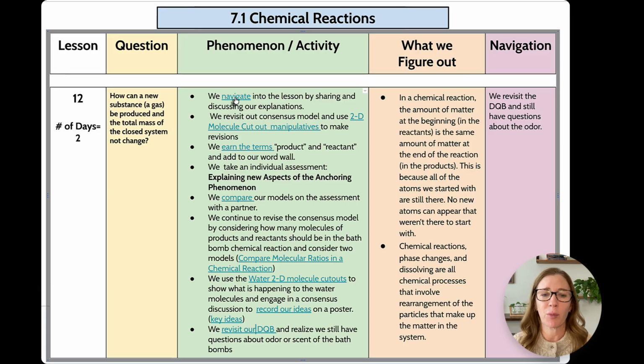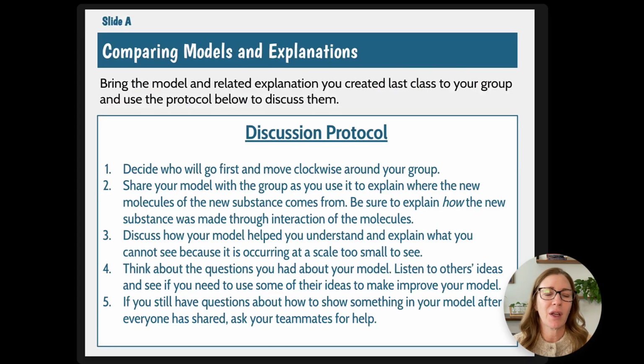Here's the slide to support you. Basically, it's just going to talk about who's going to talk first. We're going to move clockwise around the group. We're giving each person a chance to share their model and their explanations. They're going to discuss how the model helped them understand something that was at a scale too small to see. That's really using that lens of thinking of the cross-cutting concept for scale, proportion, and quantity. And then we're going to think about any questions we still have left and how we can improve our models